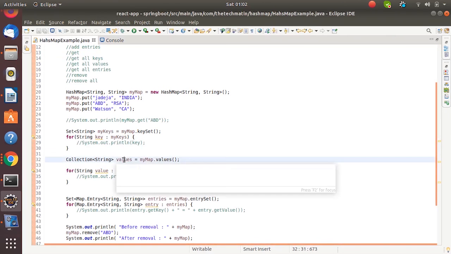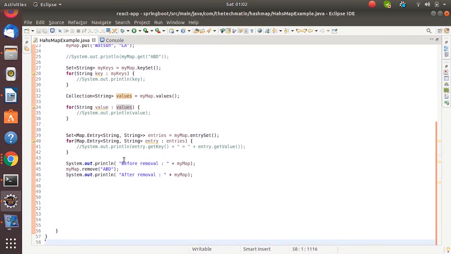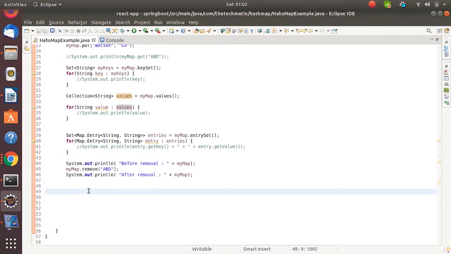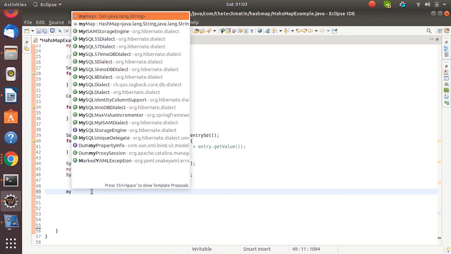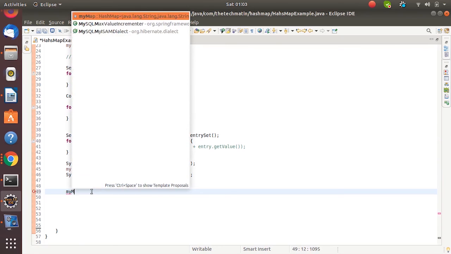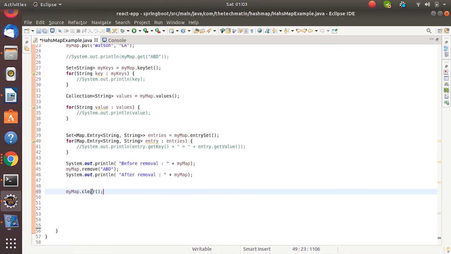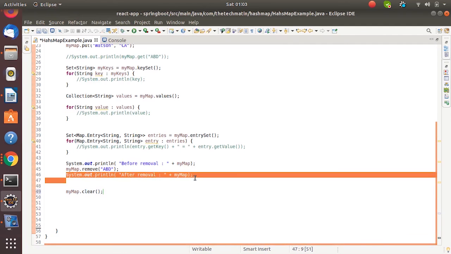Okay, so here we have removed a single entry, but what if we have to remove all the entries from the hash map? If I have to remove all the elements at once from the hash map, we have my map, and we can do a clear, so it will clear the whole hash map.